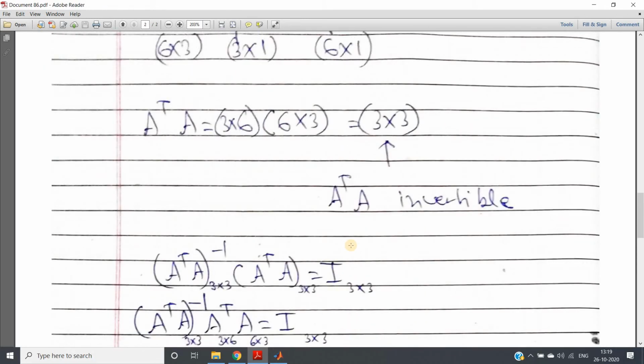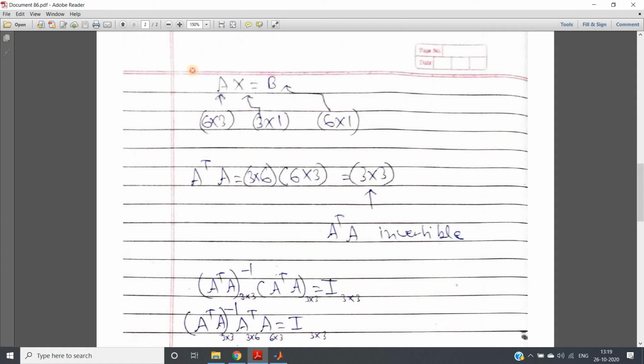So instead of writing the whole matrix again and again, I have represented it with this small one, where our 6 cross 3 matrix, that is the coefficients, is represented by the A matrix. X is our beta naught, beta 1, beta 2 column matrix, our coefficients which I have to determine, which is 3 cross 1, and this B is basically our Y value, the output features, 6 cross 1. Now for this A, the problem is that the inverse does not exist.